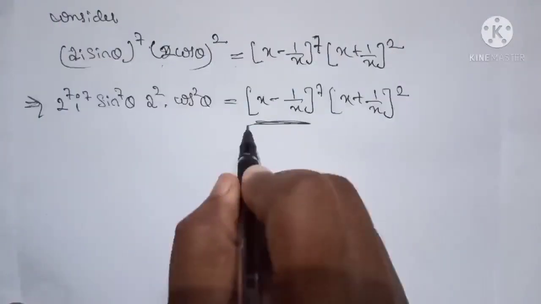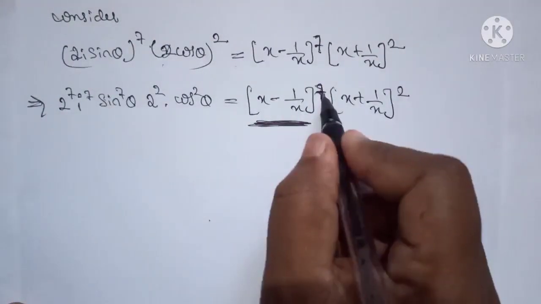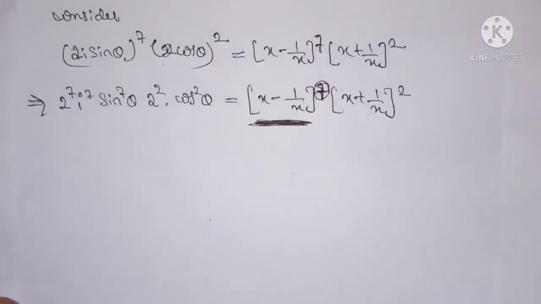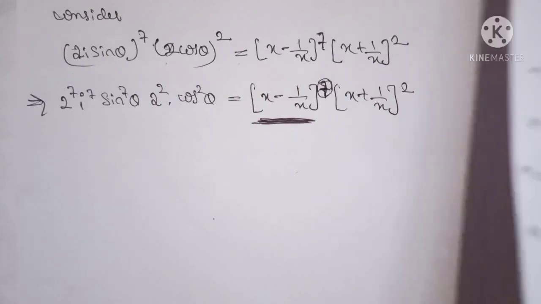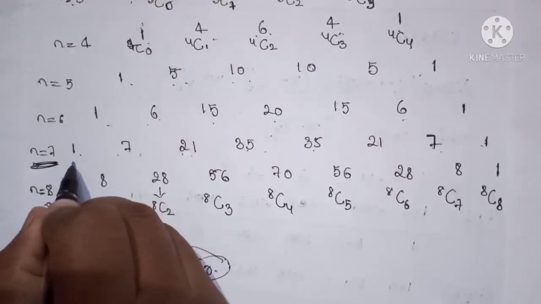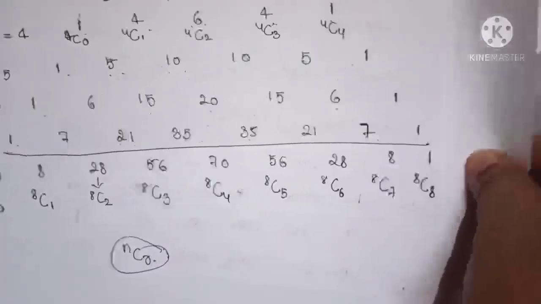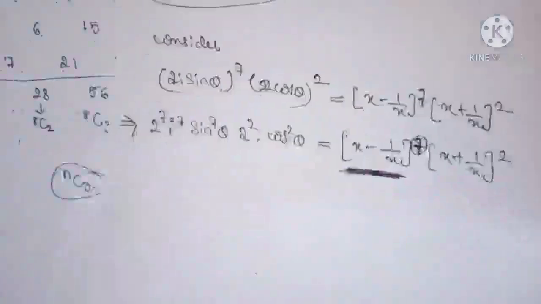First you observe the first bracket, it is of degree 7, so that means we have to take all the binomial coefficients of degree 7. So here we have written the binomial Pascal triangle of all degrees, that means up to degree 8. We take those here. For n equals 7 we have these coefficients, so we write the constants first, and you can observe that the first bracket is minus, so we have to take alternately plus and minus signs.